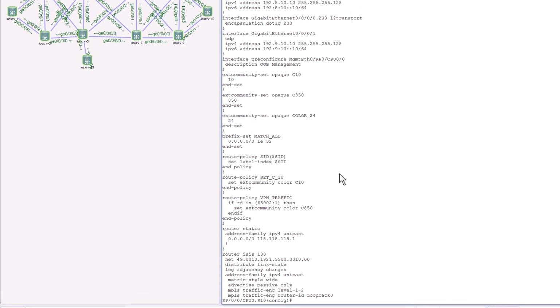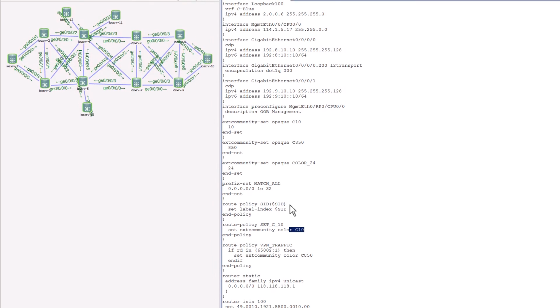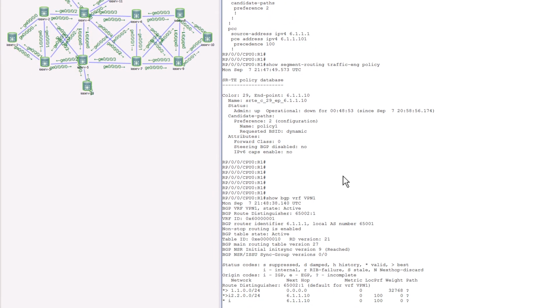So what are we interested in? We are saying, okay, anytime this router 10 within the VRF VPN1, so that means anyone who is a VPN v4 neighbor with router 10 and participating in VRF VPN1, we want to go ahead and color all the routes in VRF VPN1 with this extended community set, which happens to be C10. So right now I'll come back to router R1 and quickly take a look